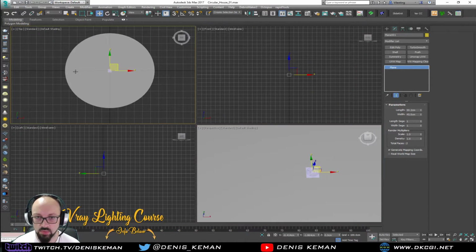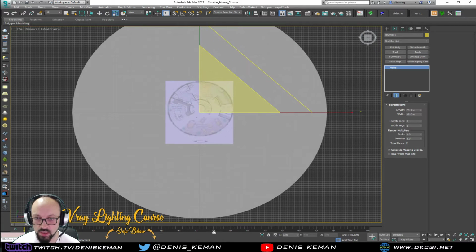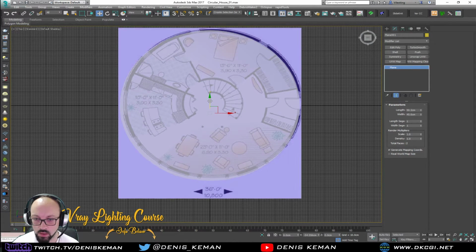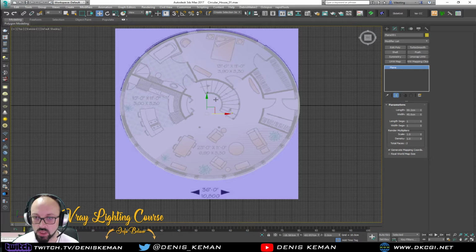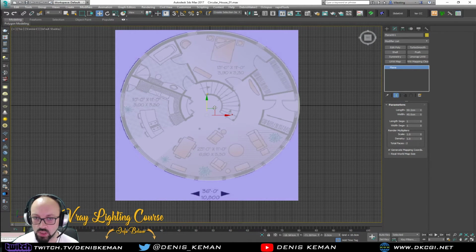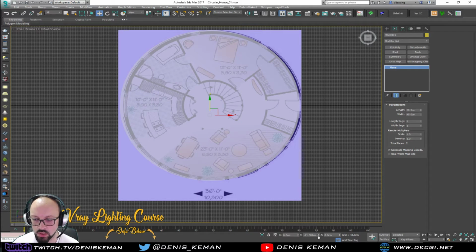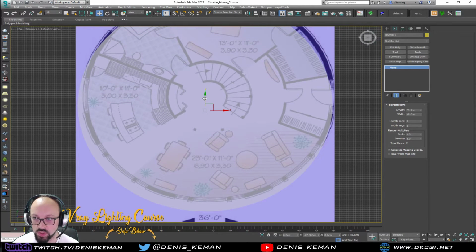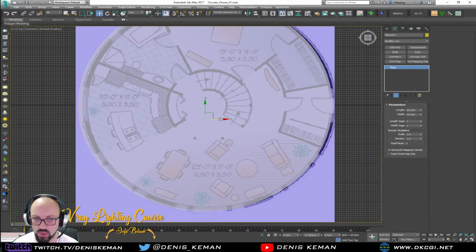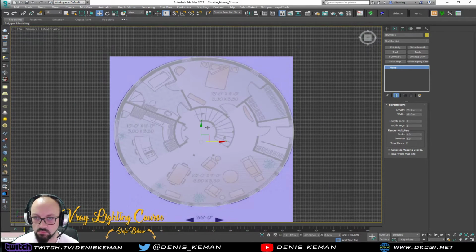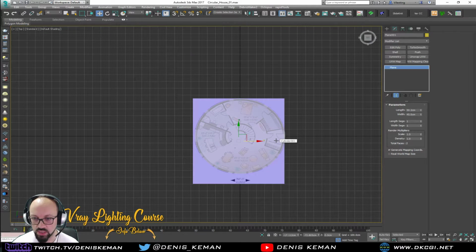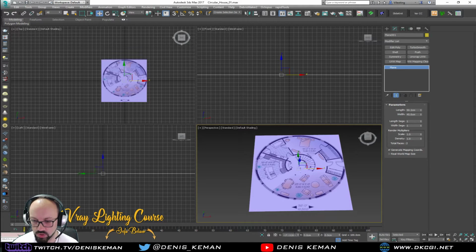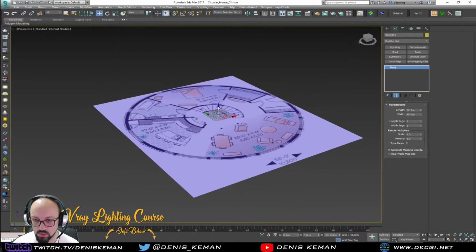So let's make this thing scale it up to the right size. There we go. I think we are more or less, well, let's just put it like this, 0, 0, 0, that's fine. Now, move it down, move it left. Yep, now I think that we are right. So I can select the top, delete, put this thing to 0, 0. Pull it down so we can work on it,